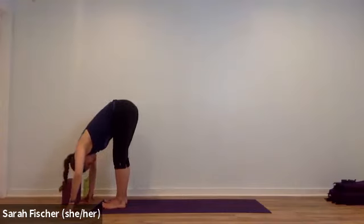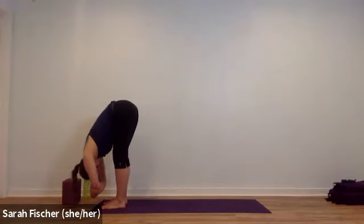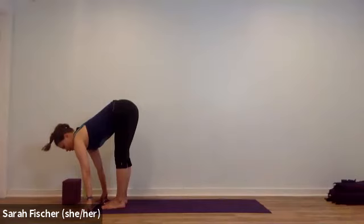Now, you may choose to keep your hands on the floor to stay a little more rooted, or hold your elbows, and that'll give a little traction to your spine. What we don't want is the legs to completely collapse and relax here. Keep your legs strong, but the elbows may help the spine draw down. Now release your hands, take a breath, extend your spine, and we're going to move towards some restorative postures. So whatever makes sense for you, you can exhale and fold, to look around and get the props that you